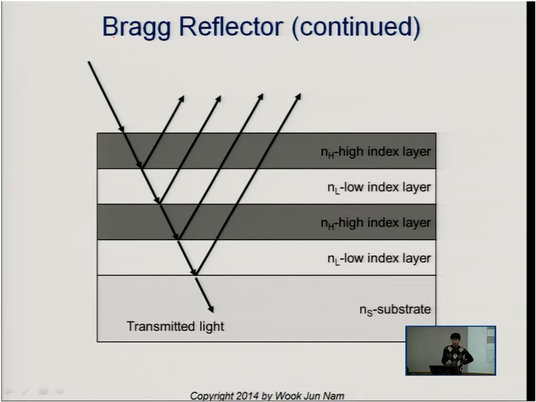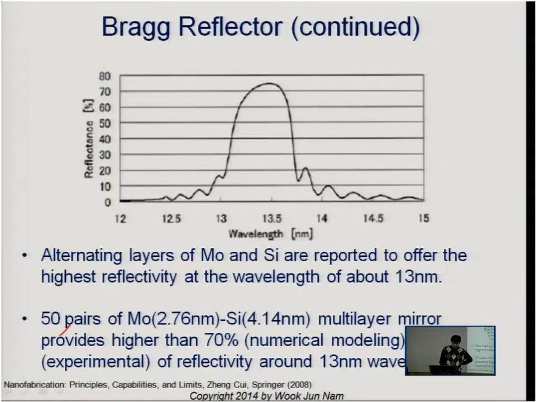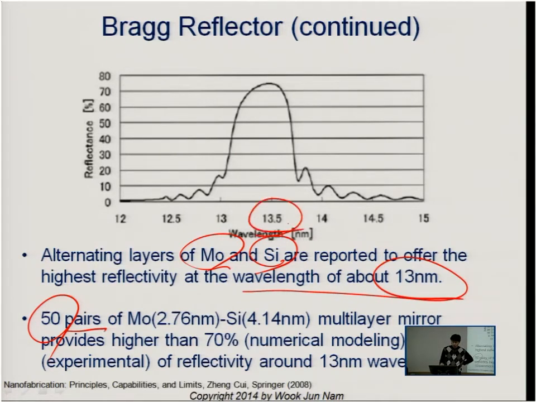So a Bragg reflector is a structure that looks like this: alternating structures with a high index layer and then a low refractive index layer, over and over again. How many layers? People normally use 50 pairs of layers, and molybdenum and silicon are the most studied materials for this application, for targeting around 13 nanometer wavelength, because our wavelength is 13.5 nanometer. Experimentally, there is some interdiffusion and defects between those layers,